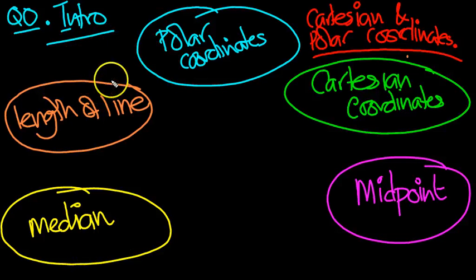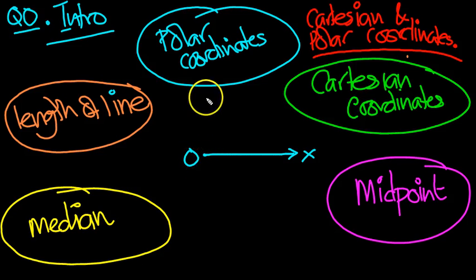Okay guys, let's have a little look at the intro then. I'll run you through all the things we need for this section. Polar coordinates is the first thing that's mentioned in the first few questions. Basically what you do is you draw a horizontal line, which is the OX axis. This is the origin. Generally I write the y-axis as well, to be honest with you, although that's the Cartesian